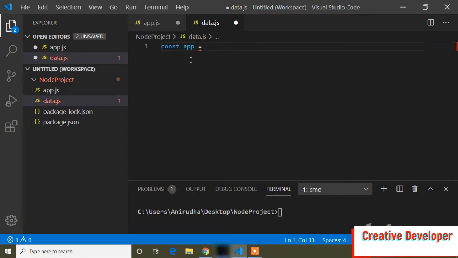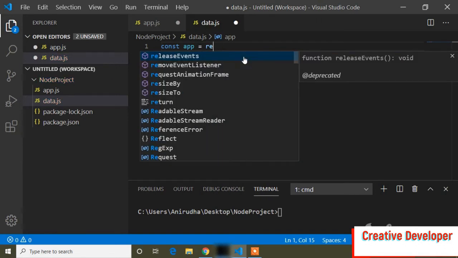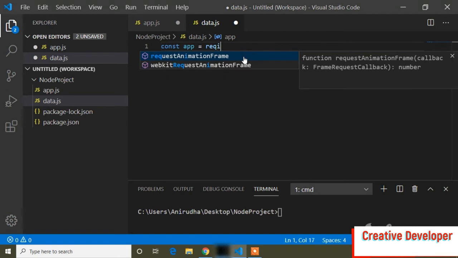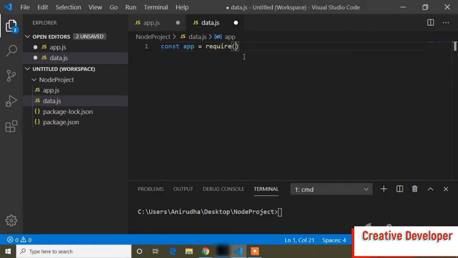Inside this app variable I import our app.js file. The syntax to import is require, and in this require, in inverted commas, dot slash and app, which means this app.js file.